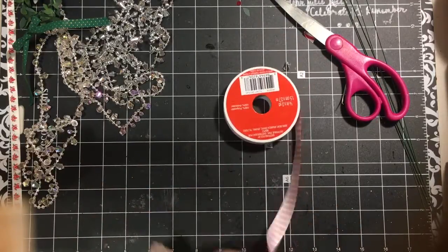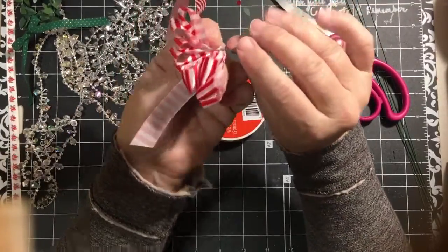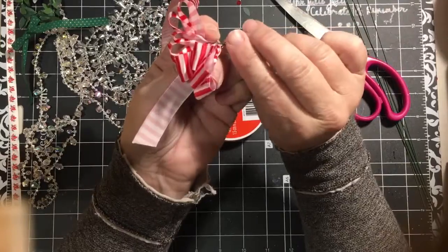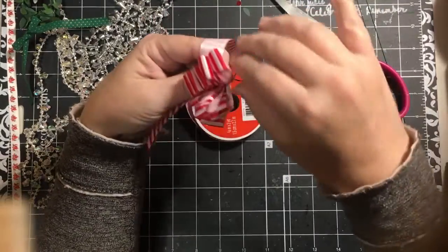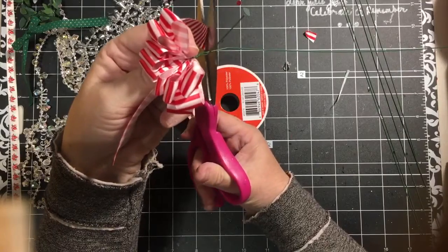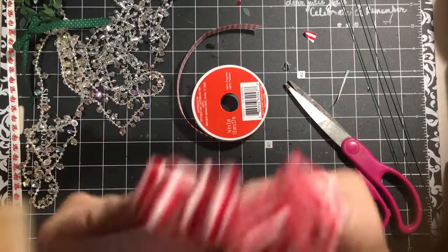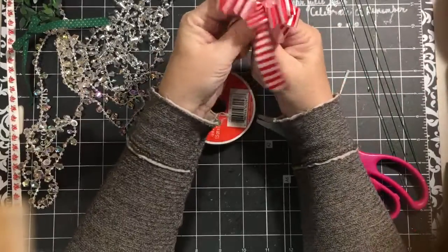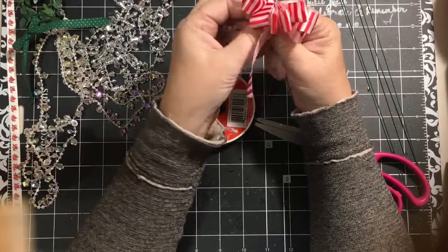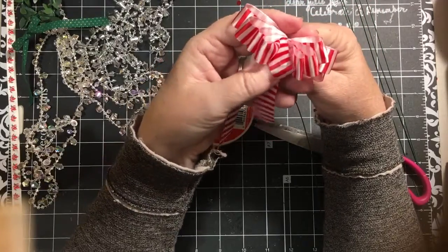If you're not real confident, go ahead, and I have a wire here, and I've just gone around it, and now I'm pulling it and twisting it tight. Okay, now I'm going to go ahead and cut my ribbon. And okay, so now we have a really funky looking bow. However, you could just sit there, watch TV, and make bows like this for quite a while. And then later when you